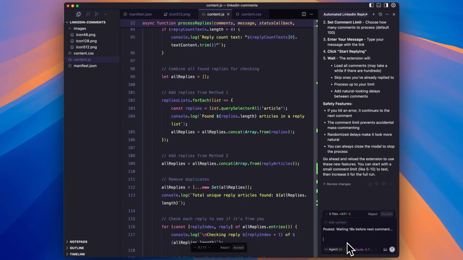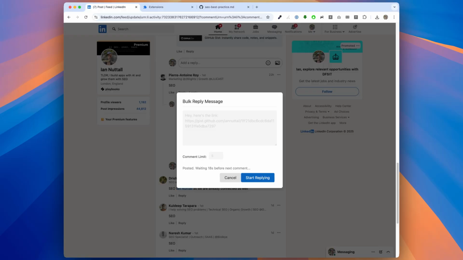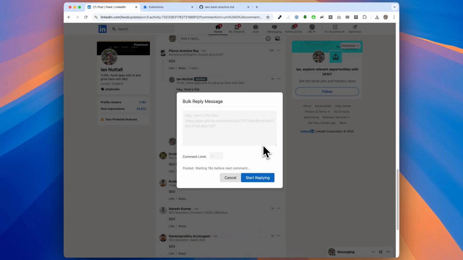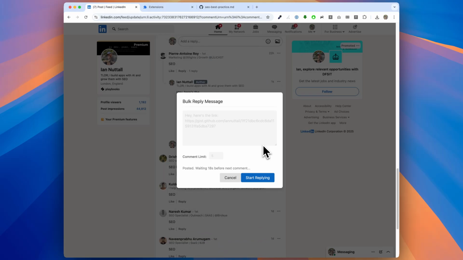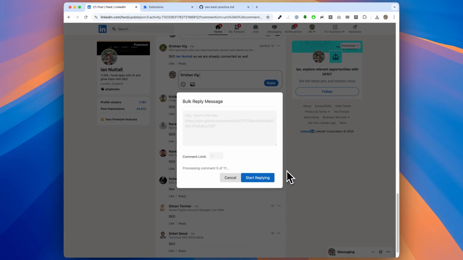I like this, but what I would actually like is to see the number of seconds count down in real time so that I know when it's going to actually send it rather than having to just guess. Okay, so it is doing it.